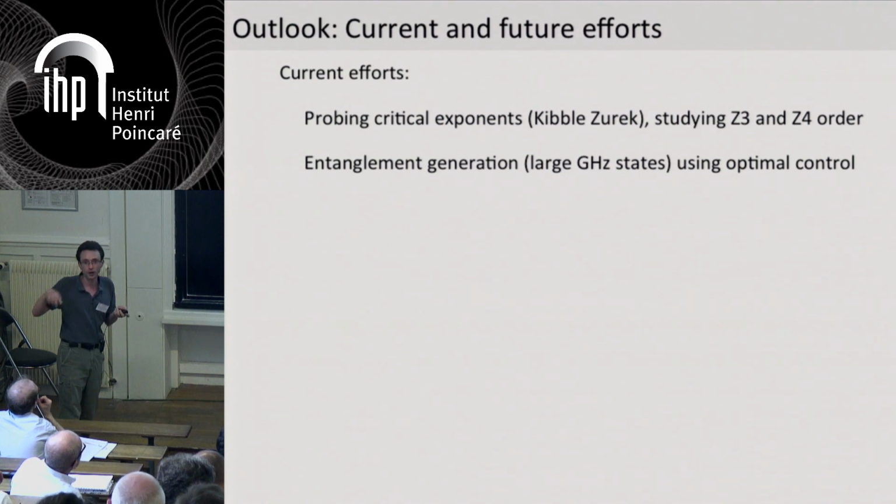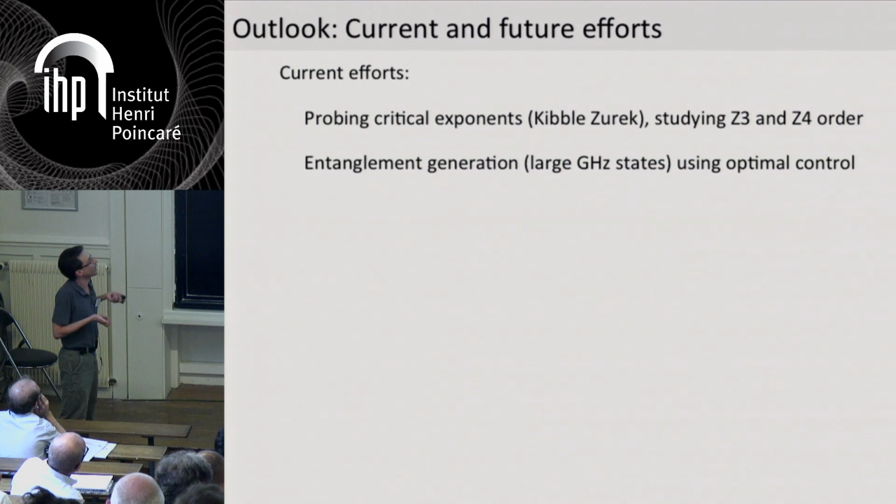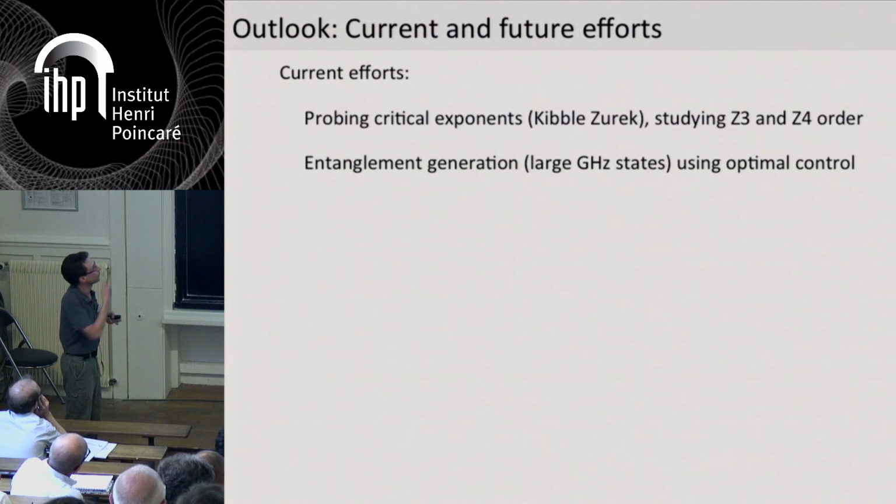Now to go further in this direction, there is an ongoing collaboration between the Harvard team and the team of Tommaso Calarco on optimal control algorithms, which could serve, in this case, to prepare larger entangled states. The idea here is that you don't have to do an adiabatic sweep. You have full control over omega and delta, which are the two parameters, so you could use a more clever way of doing this,